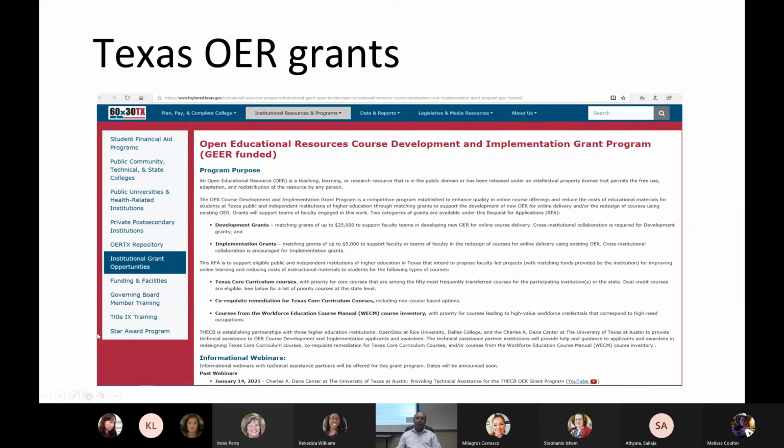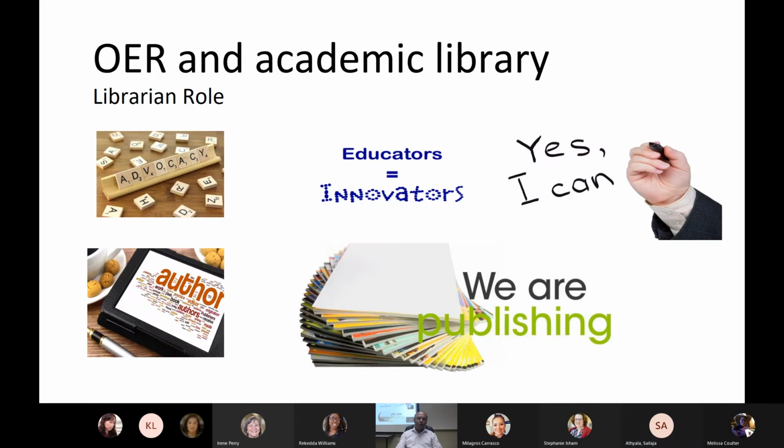This year's deadline already passed on January 14, I think. So I'm showing you the interest for next year, and it's only for core courses. I want to show this one because the state government has some incentives to create OER courses. This is a little bit about the Creative Commons license, user obligations, and user rights, and